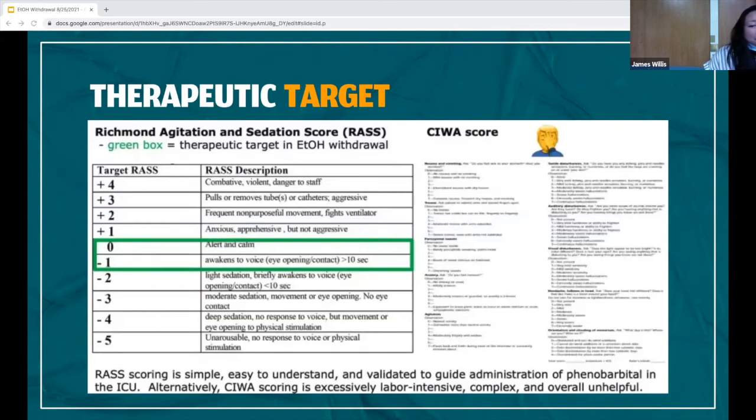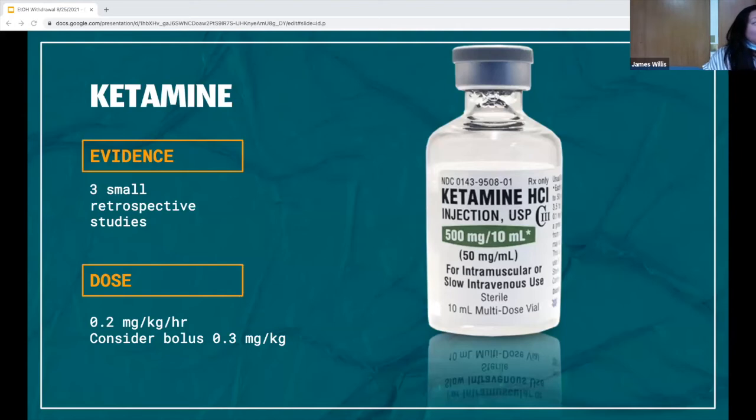Another medication that has come up a lot in the literature is ketamine. It is an NMDA antagonist, so theoretically it works as an adjunct to GABAergic agents like benzos. The great thing is it doesn't suppress respiratory drive. It works pretty immediately. It has a rapid onset, short half-life, and it may be effective against seizures as well. Unfortunately, there have only been about 3 retrospective uncontrolled studies, though all 3 of them did show that it's effective in reducing benzo requirements. So there's not a ton of great evidence to support its use yet, but physiologically it makes a lot of sense.